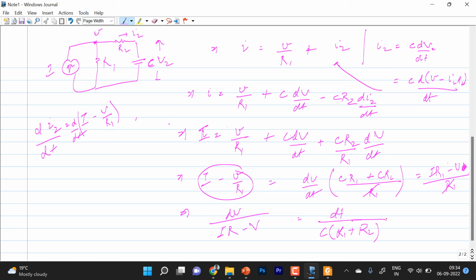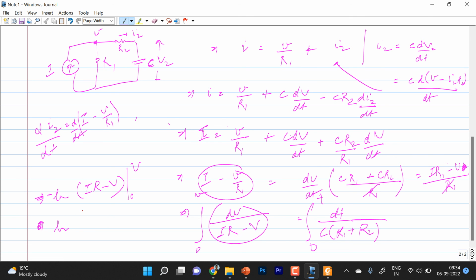Okay, and this is an integral, right? From where to where? From 0 to time t, and from where to where? From 0 to voltage V. So if you see this particular integral, this is nothing but ln of IR minus V with a negative sign, right? From 0 to voltage V. So once you put this quantity inside it,